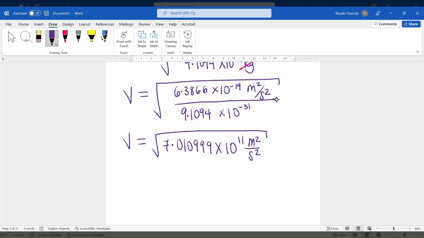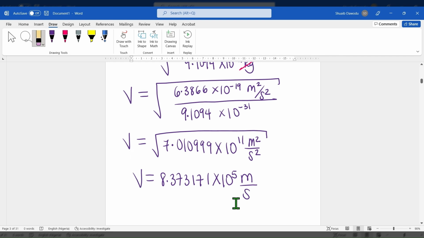So then you end up with V. When you take the square root of 7.010999 times 10 raised to the power of 11 meters squared per second squared, what you end up with is simply 8.373171 times 10 raised to the power of 5. The square root of meter squared is just simply meter, and the square root of second squared is just simply second. So this is going to be the speed, but we are also chemists and we cannot leave our work